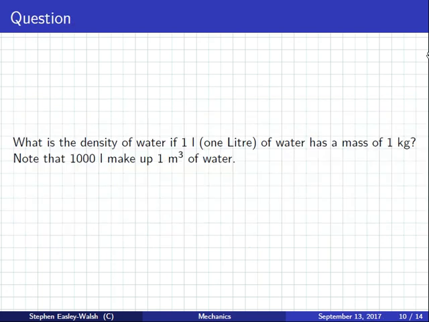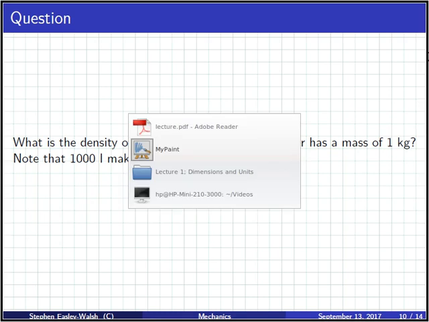Right, let's have a look at some examples now of change in units. So what is the density of water? If 1 litre of water has a mass of 1 kilogram and 1,000 litres make 1 metre cubed. So I want to know the density of water here. Okay, so let's have a look here. Density